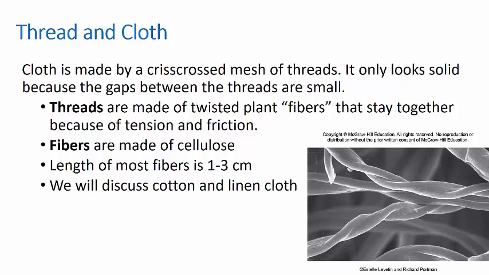So we said it was made of twisted plant fibers. What are we talking about when we say fibers? We're talking about strings of cellulose. Okay, and most plant fibers that we're going to use for cloth and thread are going to be between 1 and 3 centimeters long. 3 centimeters is some of the longest you get out of cotton, which is pretty dang long. 1 centimeter is more about what you get from the shorter varieties of cotton, and also you get more from flax. Okay, so we'll discuss cotton, and then we'll also talk about how flax fibers are used to create